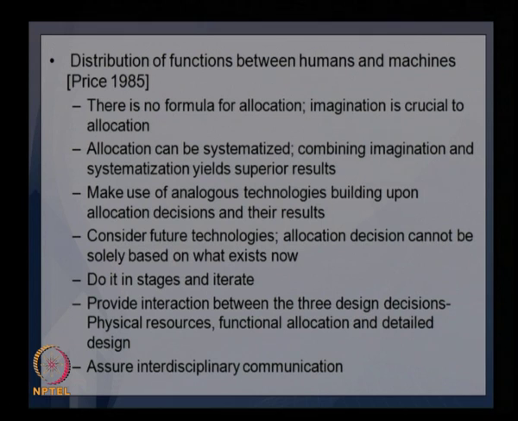So, these are the different principles on which the allocation of functions between human and machines is to be based. In the previous one we discussed the allocation of functions between human and the computer, and that was mainly based on the autonomy requirements, and this one discussed the principles of how we allocate functions between human and the machines. So, one important point to be noted here is the futuristic outlook, that is, whenever there